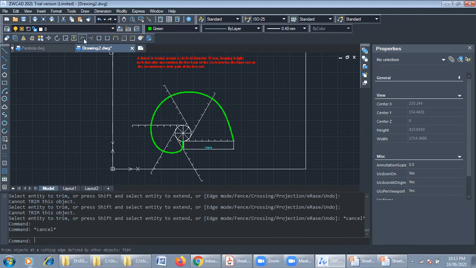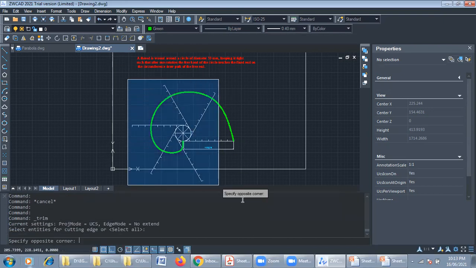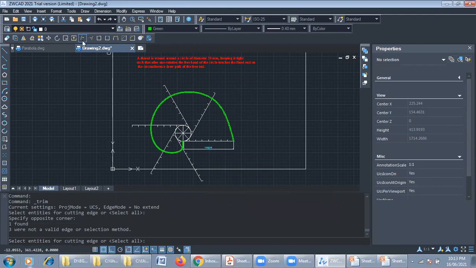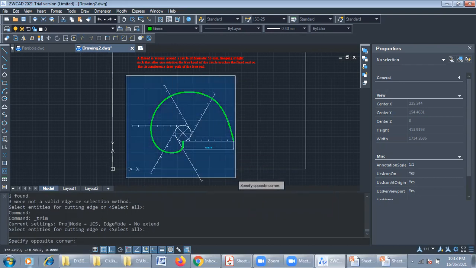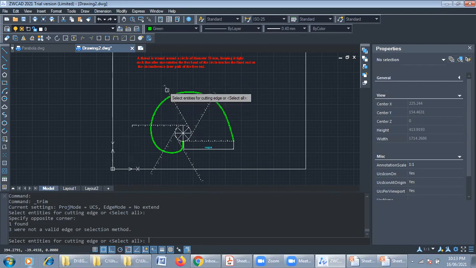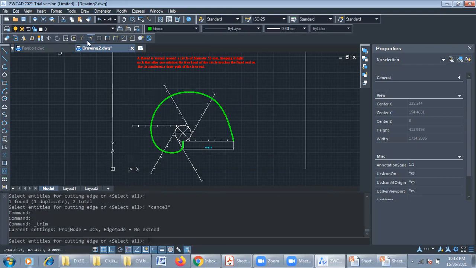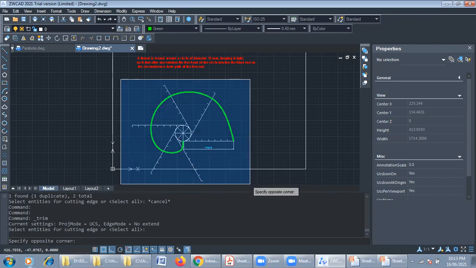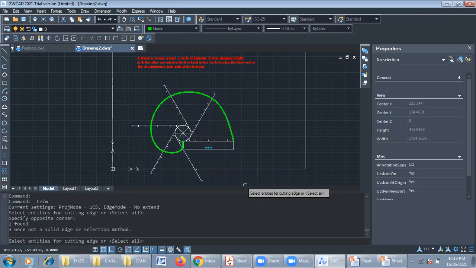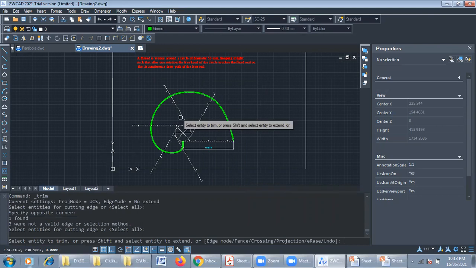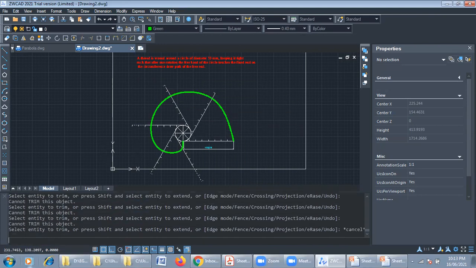One more feature we want to see, but unfortunately it is not working in this. So it requires some intersecting points. So once intersecting points are there, then we can use those cases. So I can go for the trim. Let's see one more time. Then the entity, select the entity of cutting edges. No, it is not working. One more time. We have divided. That's why it is not taking where the intersecting points are there.